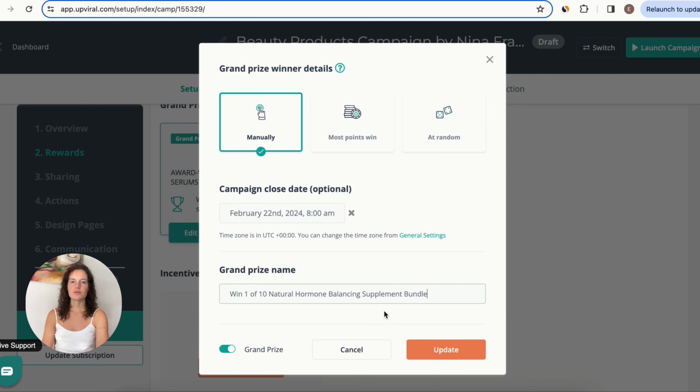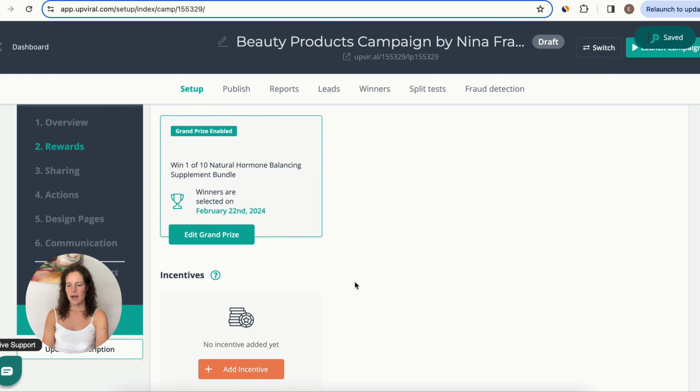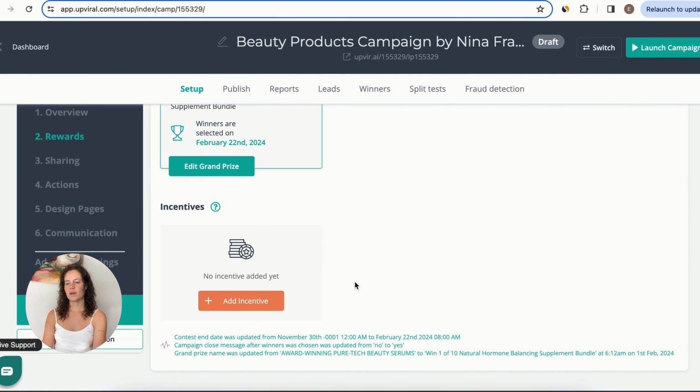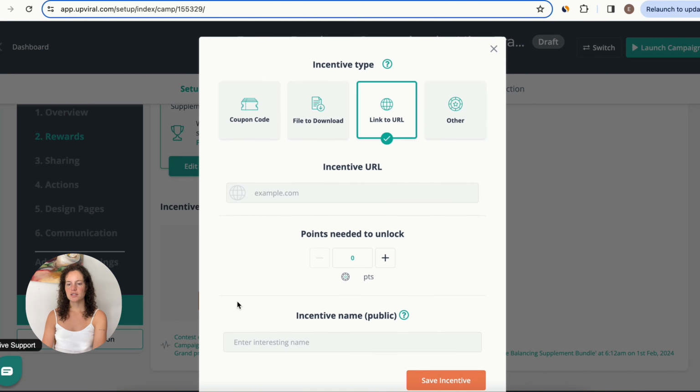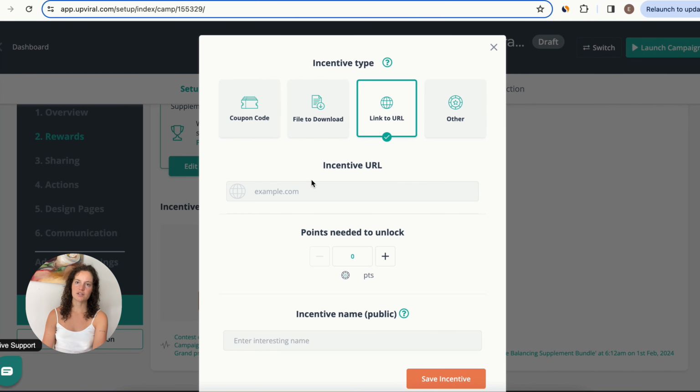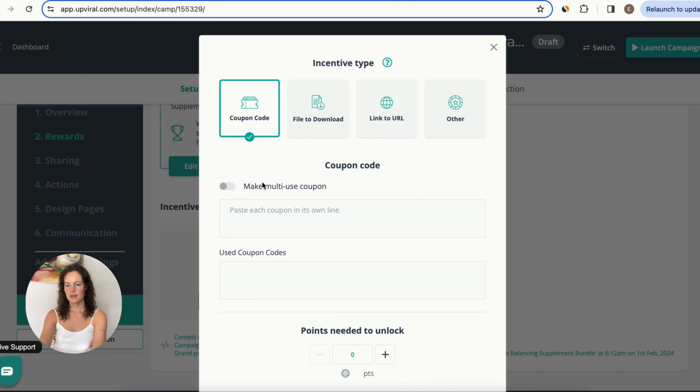And you can play around with this wording here to make it even more compelling. So I'm going to update that. And then, I said that we can, if we want, include some additional incentives that sweeten the deal. So what we are going to do is add an additional incentive that will give people 10% off another one of our products. So what I would do here is go to coupon code as the incentive type